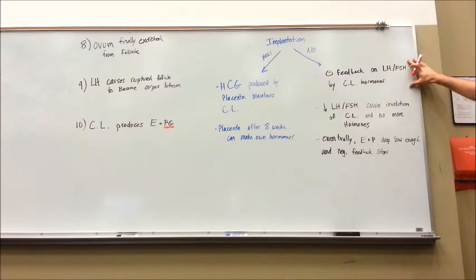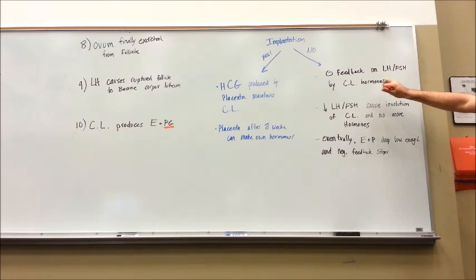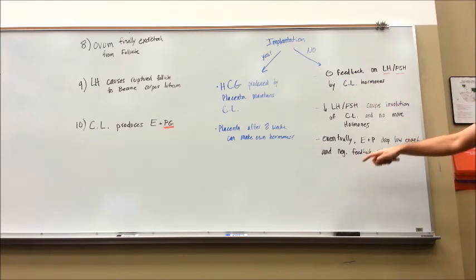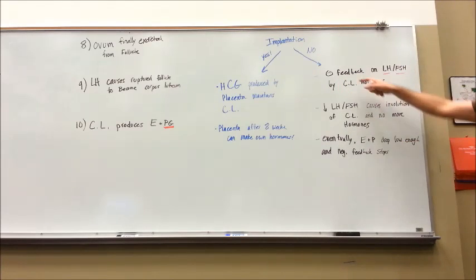So on a typical cycle, you're going to have no implantation. So what happens? Well, our corpus luteum is going to be producing estrogen and progesterone. That is going to negatively feed back upon the LH and FSH. Our positive feedback was just during that day 12 region with the LH surge. So now, with our high levels of progesterone and estrogen, we're going to have negative feedback on that LH-FSH